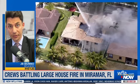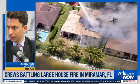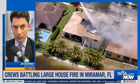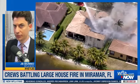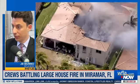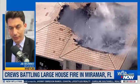You can see we're starting to see some progress here from the crews battling this large house fire in Miramar, and also really fortunate to see that the fire didn't grow large enough for it to spread from one home to another. We have covered fires here on WFLA Now where the fire will just grow so large it'll spread from structure to structure, and before you know it, we're talking about multiple residences being involved here. But fortunately, I think with the nature of this fire, it being at the center of the structure,